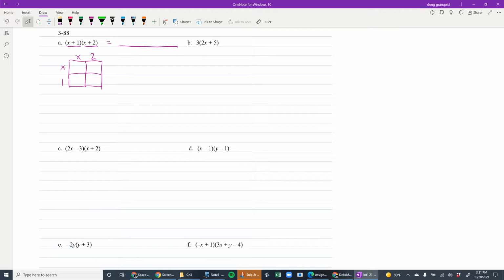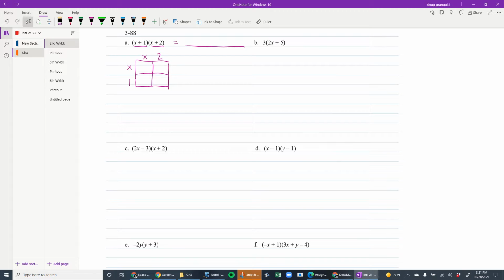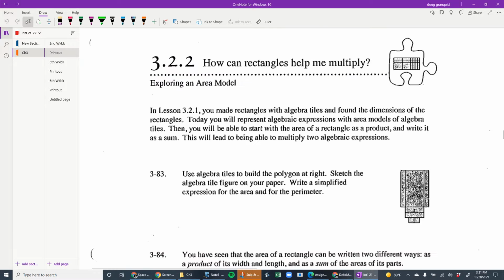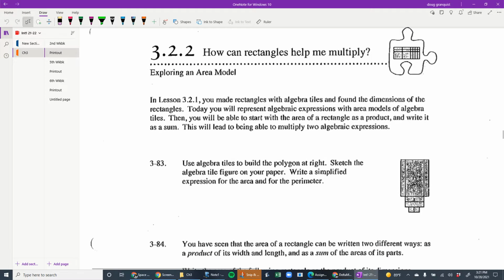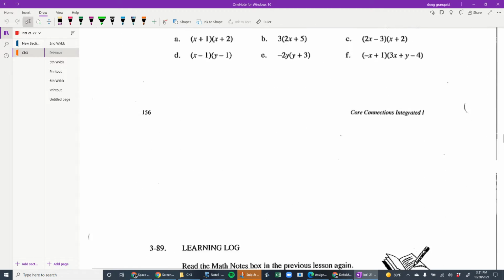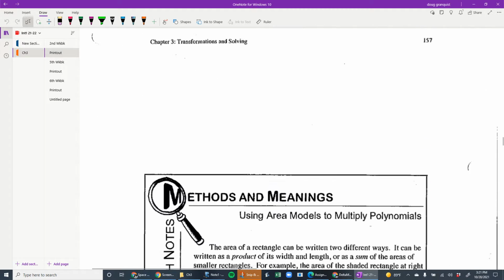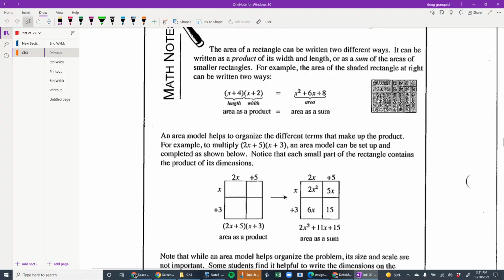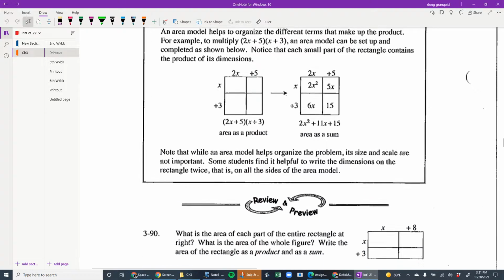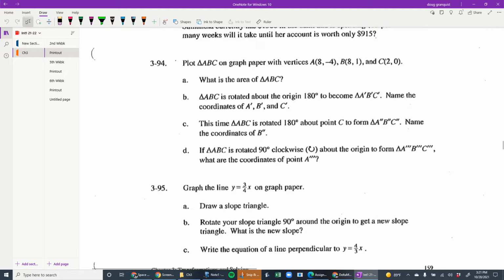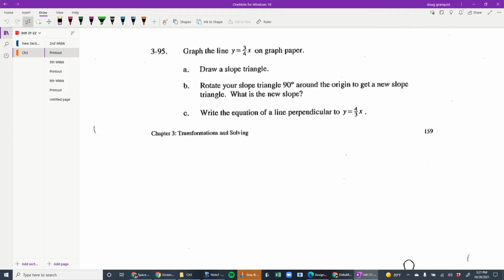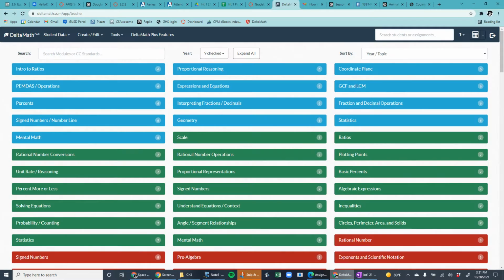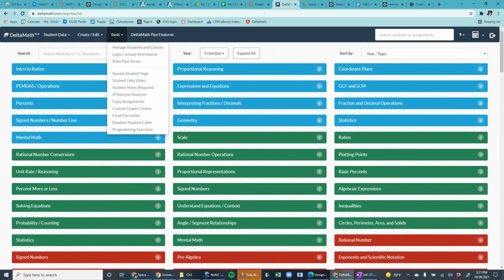The first thing that you can work on is from the book. In the book, the homework is going to be from this section, 322. Oh, here's a math note on how to write things as product and sum if you need some help. But it's numbers 90 up through 95. Then I've put up on Delta Math your new Delta Math work. So if you haven't finished out the old Delta Math,